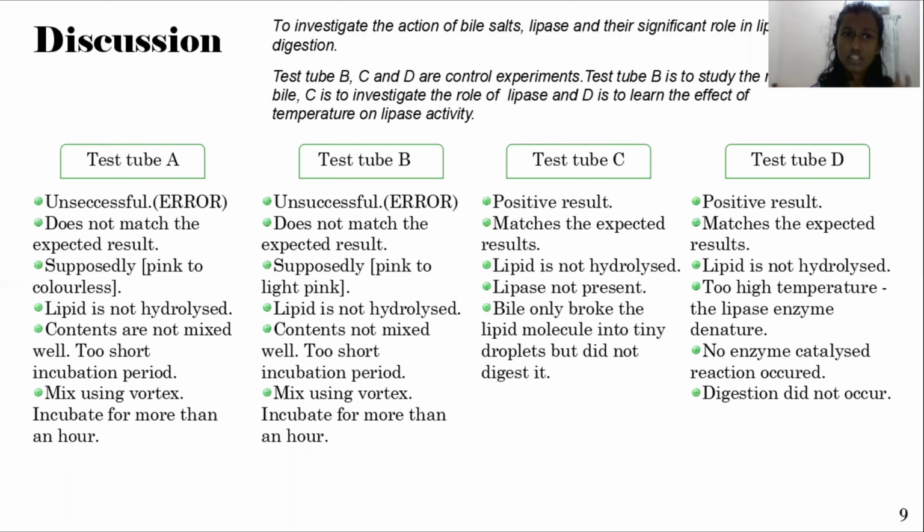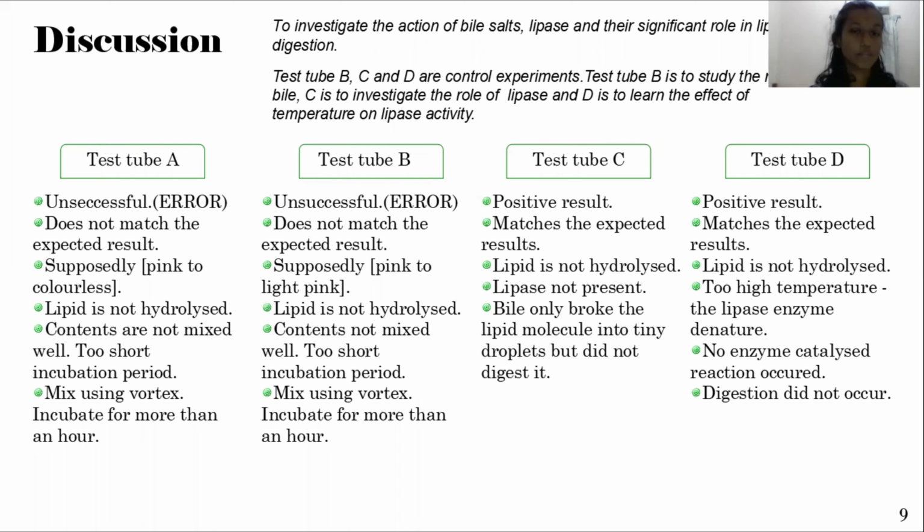And then the concept of the experiment is that, experimentally, the presence of acid that creates a low pH is an indication that the hydrolysis of lipid has occurred, as fatty acid has been produced as the product. The presence of the acid can be detected by using a pH indicator. Here we use phenolphthalein. Phenolphthalein changes its color from pink to colorless in an acidic condition.